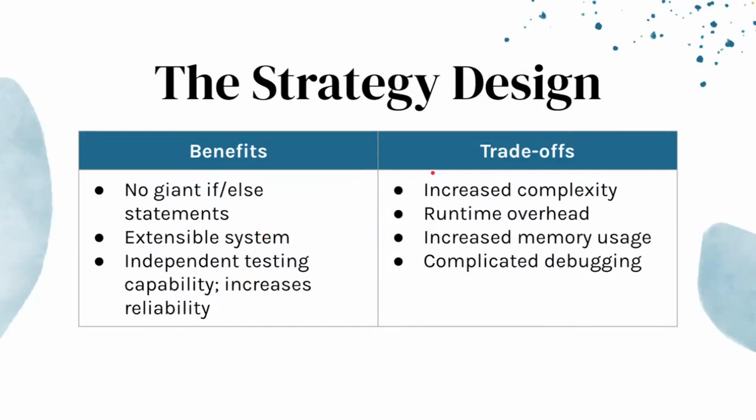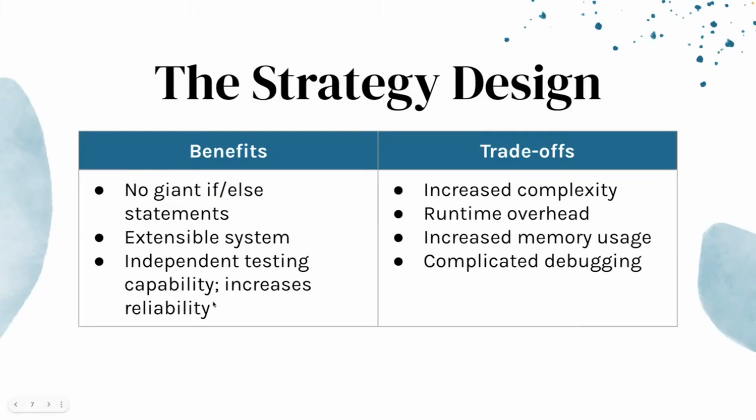As far as trade-offs go, we've increased complexity. What could have been a simple if-else statement now involves multiple classes and interfaces. For a truly tiny system with just books, this might feel like over-engineering. There's also runtime overhead from the strategy lookup. The debugging experience also becomes more complicated. Tracing through a checkout now involves multiple classes and interface boundaries.